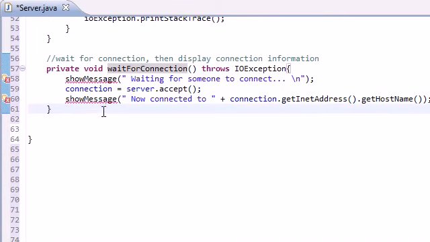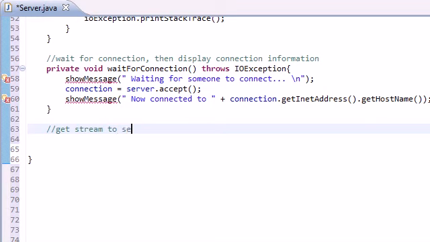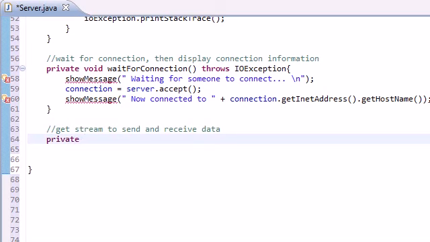Underneath your wait for connection method, go ahead and make another method, and what this is going to do is get streams to send and receive data. So this is of course going to be private. It's not going to return anything. Void set up